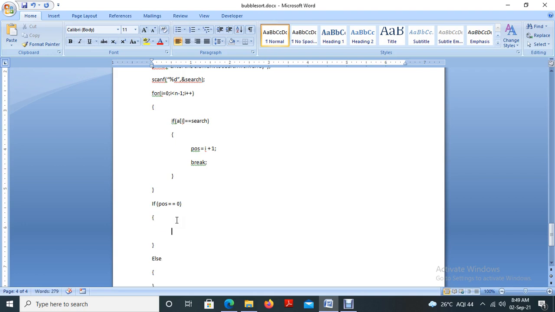With printf, we can say "Searching element is not available."